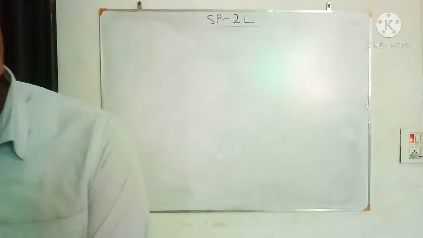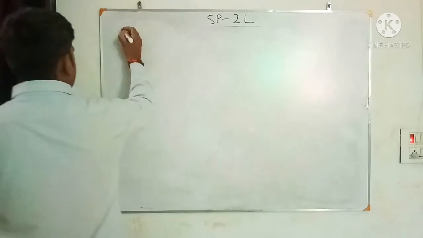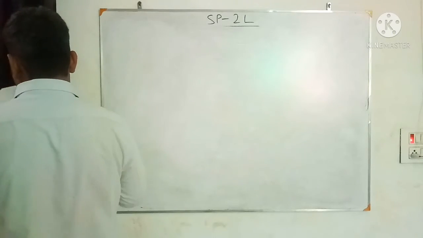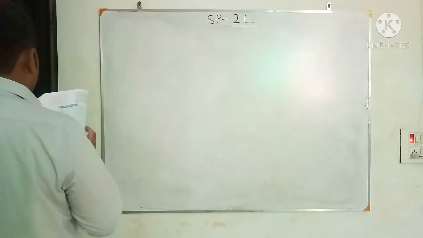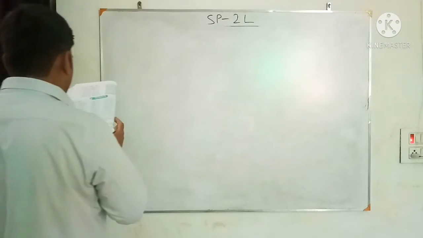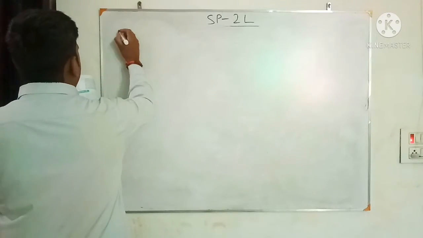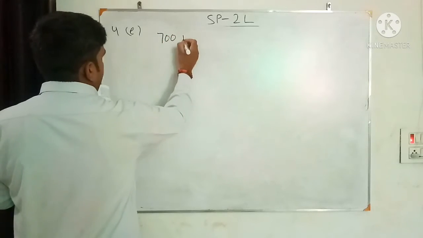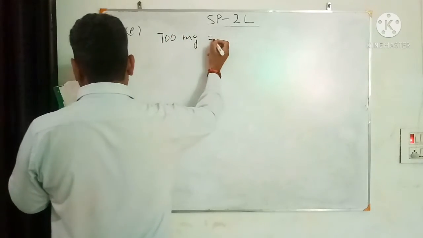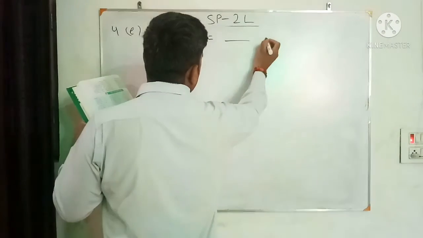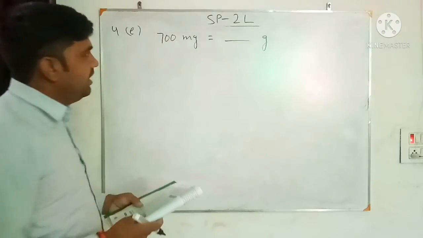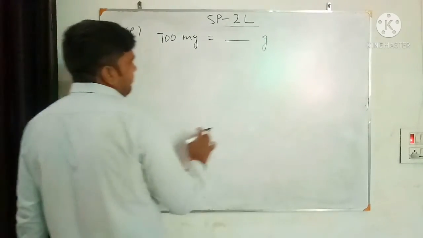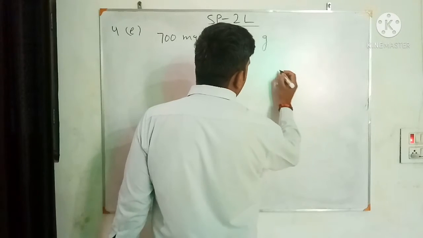Now see the next question, number 5. For V we have done, now we do for E, 700 milligram. 700 milligram we have to convert into gram. Now again, 1000 milligram makes 1 gram. See, the relation we have